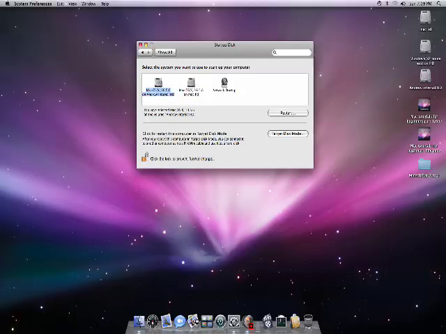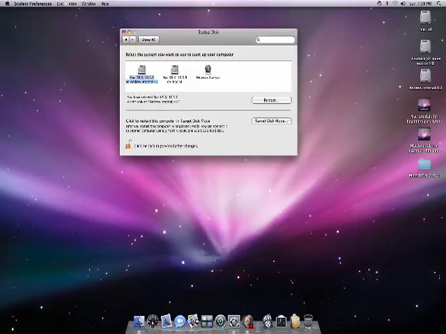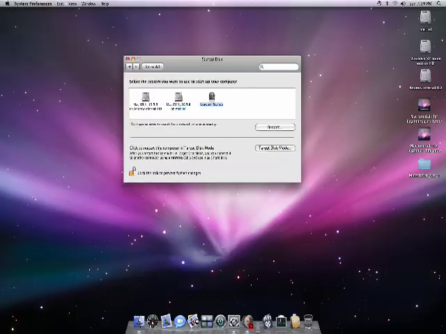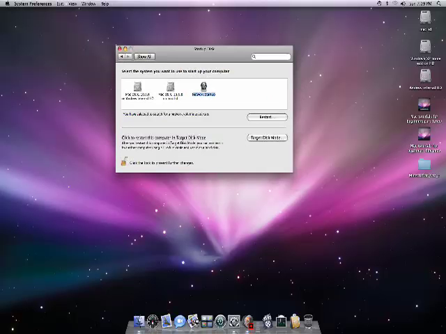If I were to go up here and turn off the computer right now, it would start back up in Andrew's drive. But say I want to start in this one, I just click restart like I showed you, and then it would restart into my normal Mac hard drive. And I've never done this network setup. You can try it. I really don't know what it would be for,